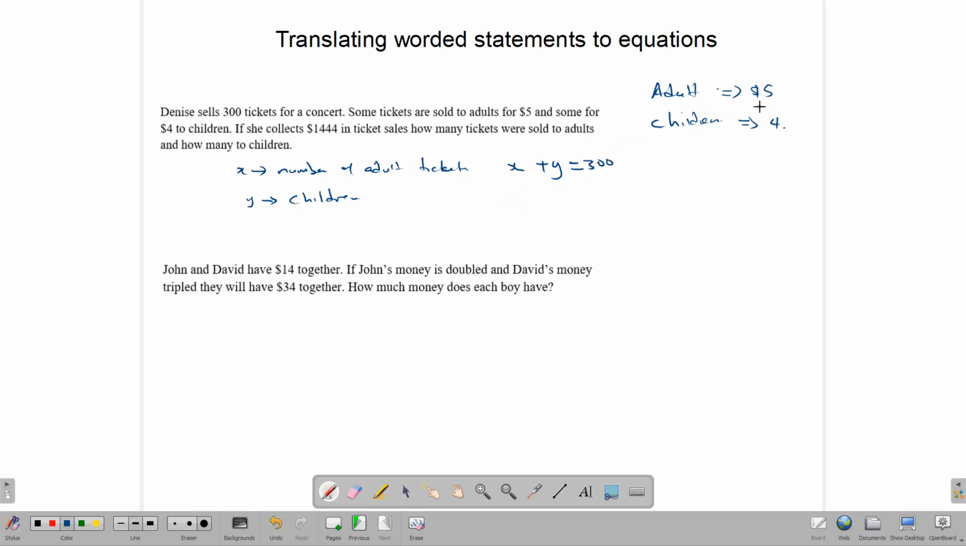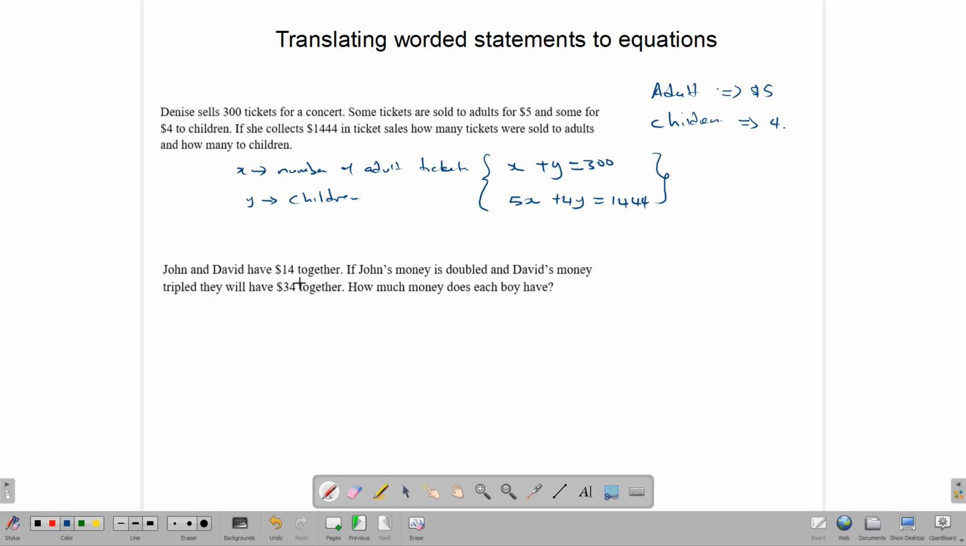Each adult ticket costs $5 and each children's ticket costs $4. And when we add these monies, we would end up with 1,444. And there we would have our 2 equations that need solving. Finally,